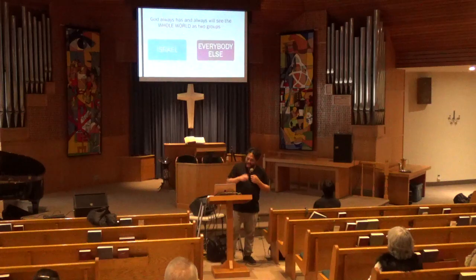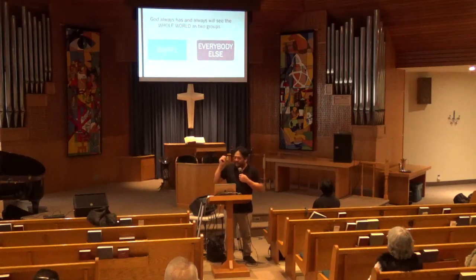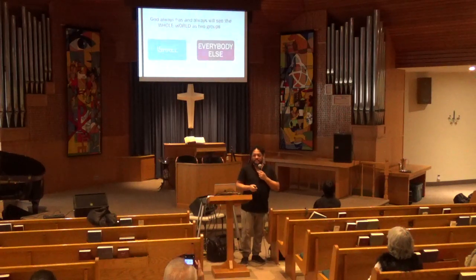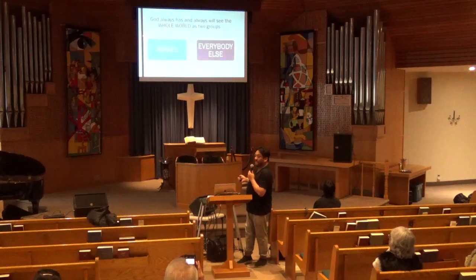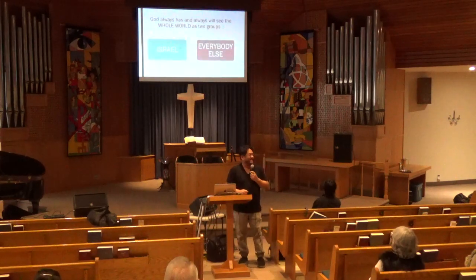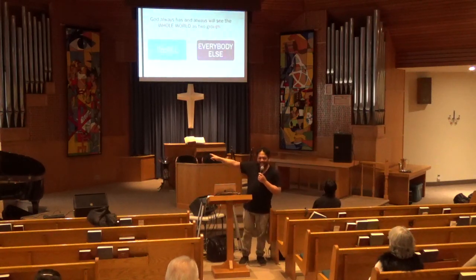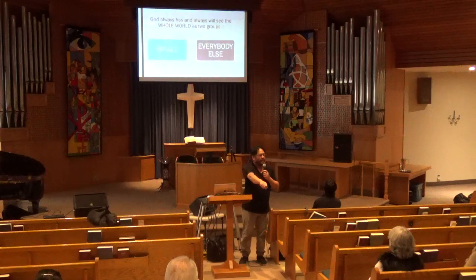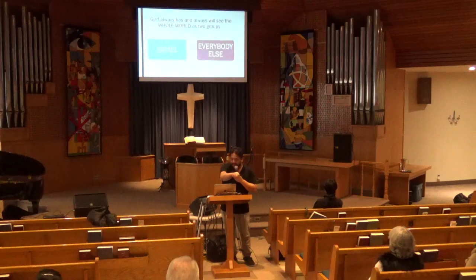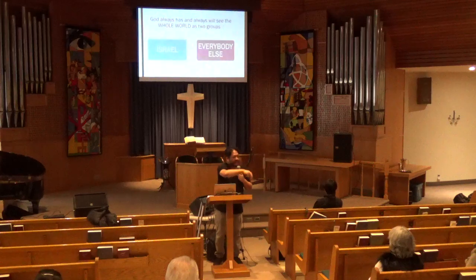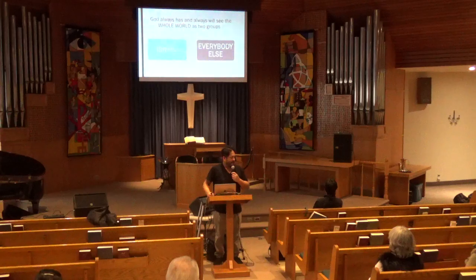So God always has, Jehovah always has, and always will see the whole world as two distinct groups of people. You got Israel and everybody else. Now, I'm not talking about Israel, just the land and everyone that's living there today. God called his people Israel. And he made covenants with Israel. He made covenants with Abraham, Isaac, and Jacob. The promises that were put there. He made a covenant with Moshe. All right? And all of Israel there at Mount Sinai.